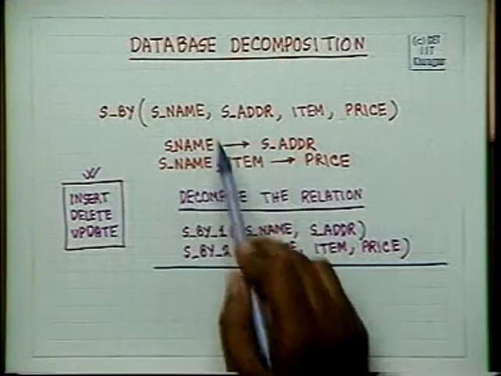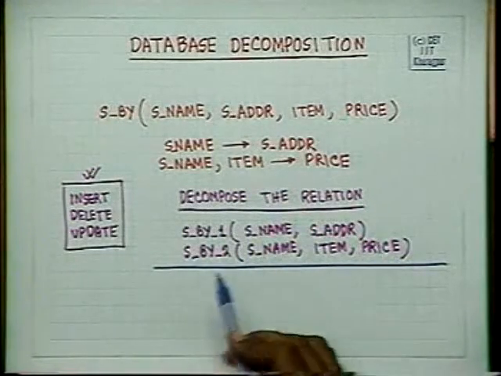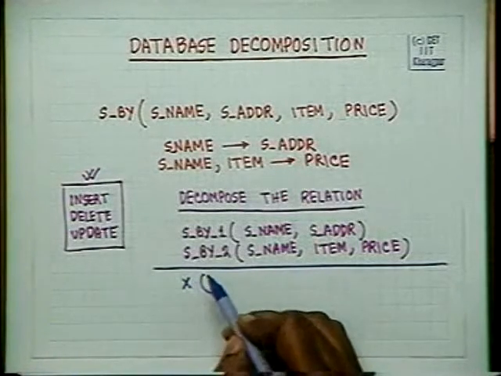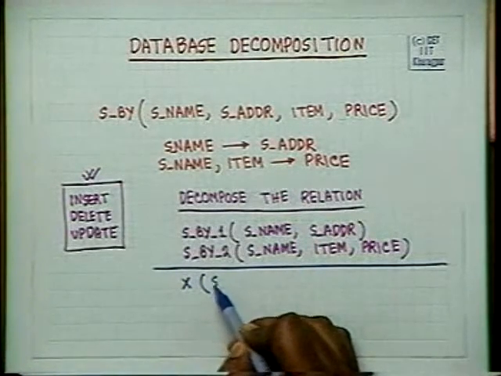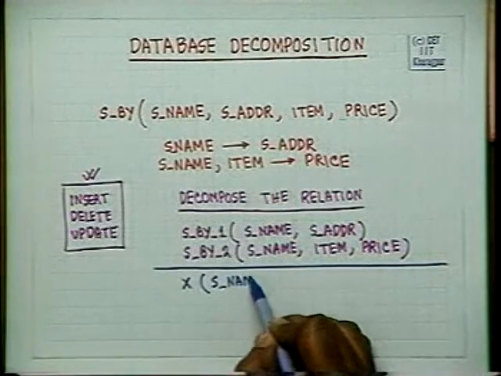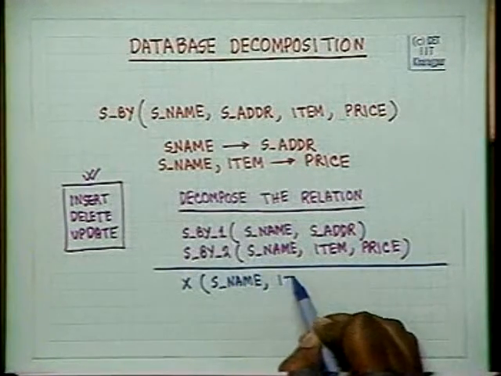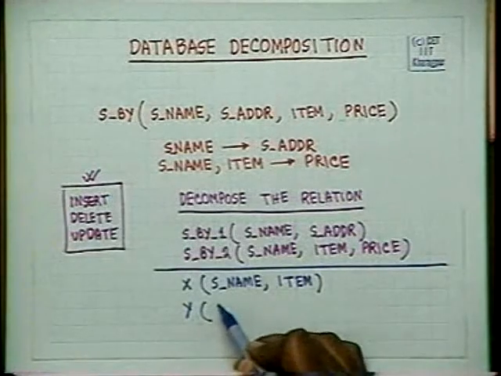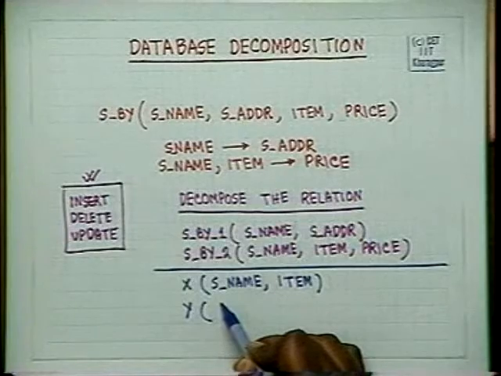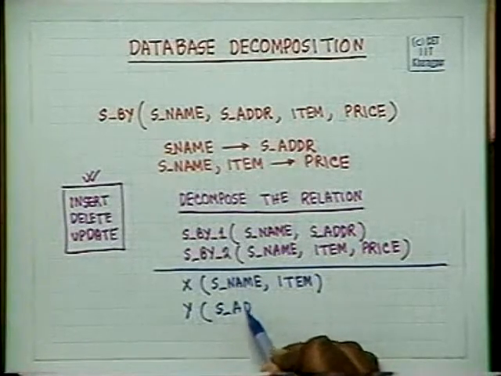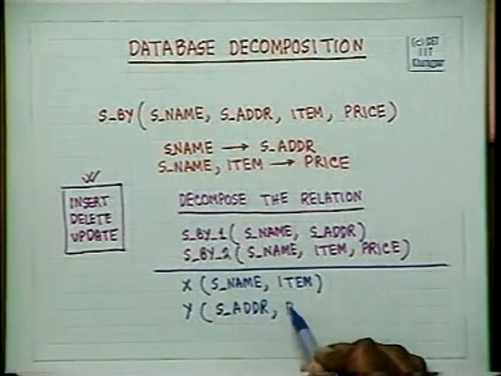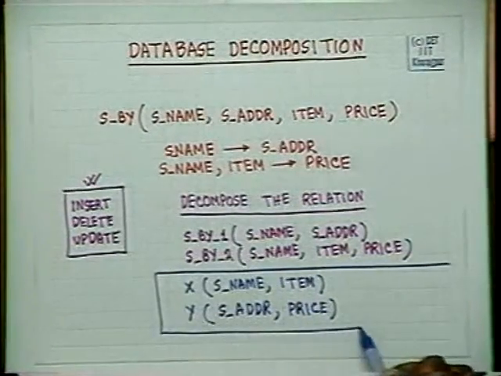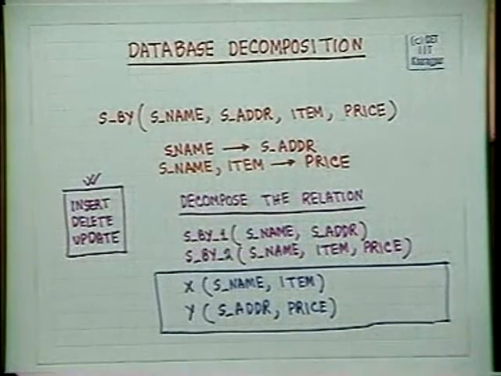For example, here we have broken it up into 2 like this, but if we broke it up into X, which has supplier name, comma item, and Y, which had, say, supplier address and price, then this would be a grossly incorrect way to decompose a relation,